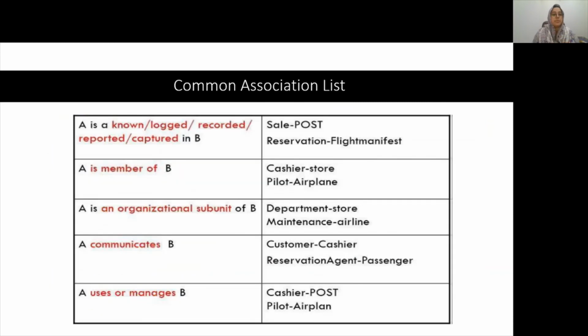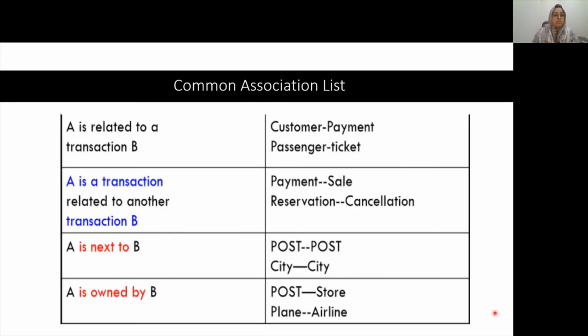So let's see. For example, A is member of B. For example, cashier is a member of the store. So if you have two classes like cashier and store, then clearly the association between them will be a member of association. Similarly, A uses or manages B means a pilot manages or flies an airplane, and so on. Then again, some more examples.